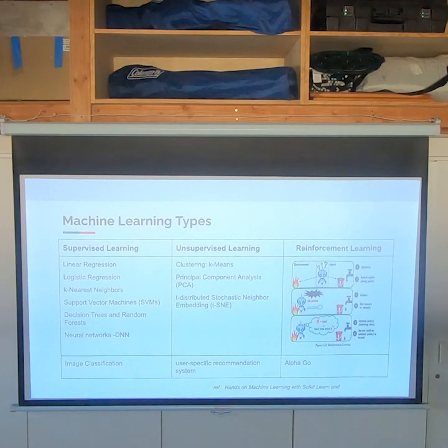Then the agent will learn by different tries and get the strategy by itself. This is reinforcement learning. For supervised learning, we have common usages like image classification, like Google Lens. We put a camera on something, then it will tell us what the plant is, what's the name of the plant, and also